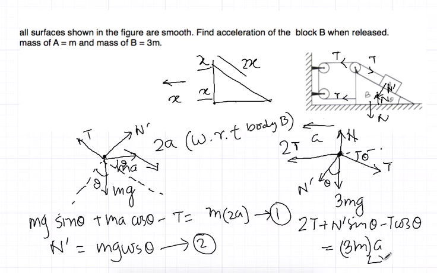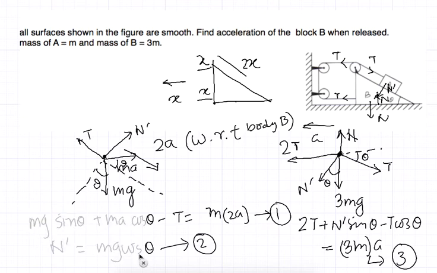So we are getting three equations, three unknowns. Like in every video, I'm not going to solve the equations, I'm leaving that to the students, but that is a very serious affair. If students get any problem, please contact me if you are having problems in solving equations, because I have seen many students are pretty good in physics and they stumble over solving problems. So don't hesitate to come to me if you are having any problem in solving these equations. Okay, so that's it. There are three equations, three unknowns, so we can solve. What are the three unknowns? T, N dash and a. So we have to find out a.